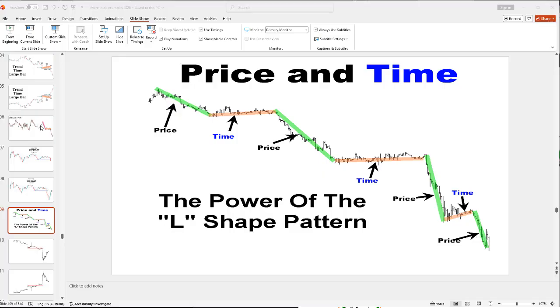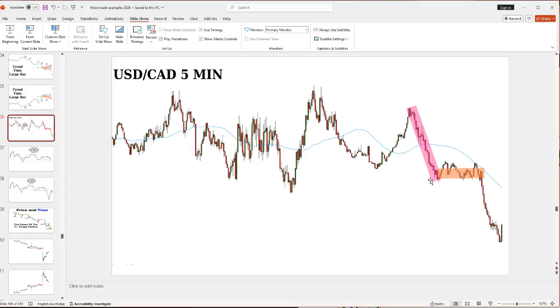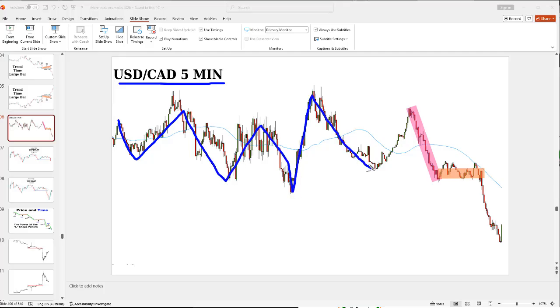So for example here, look at this. Notice the L-shaped trading pattern. Whenever I get the L-shaped trading pattern, that's a beautiful price and time. Now, look at this here. This is the USD CAD 5-minute chart, but it's any type of time frame. Whenever the market's doing this, it's volatile. There's no clear direction. It's just sideways. But then suddenly what happened here, look at this. We went down, price,